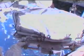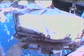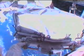Now on board up close and personal with Rick Linehan through his helmet cam as he is maneuvered on the end of the station's arm with the spare direct current switching unit heading back up to the